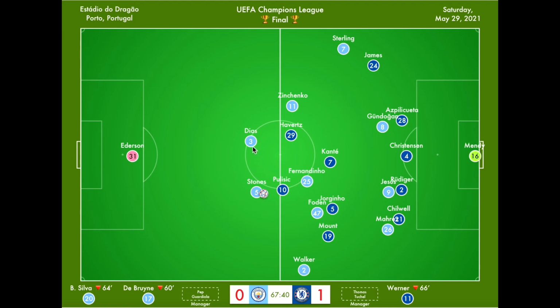and we have a bit of build-up play from Diaz back to Stones, a bit of short passing, and now Stones sees Foden coming in, dragging Jorginho with him, so he delivers a short pass to Foden. Foden sees Fernandinho here wide open, goes to him, Kante comes in, Jorginho gets here, Foden goes here to make a direct run. At the same time, Jesus and Rudiger come in this way, and so Jorginho is now caught in a bind a bit, so Fernandinho goes to Jesus, Jorginho tries to catch up to Foden, Jesus notices Foden's making his run, so gets him the ball, then Foden starts carrying the ball deep into the penalty area,